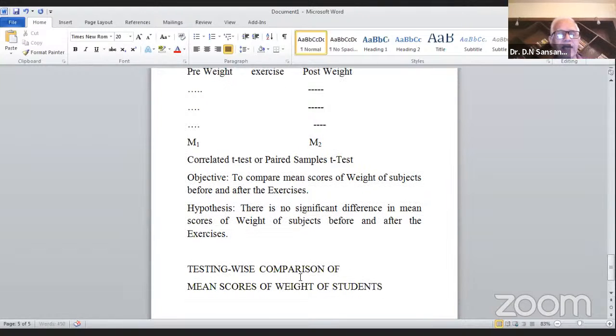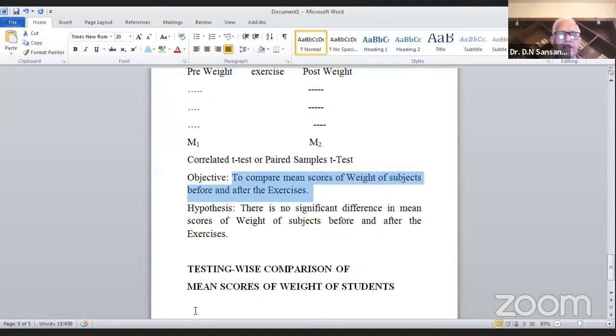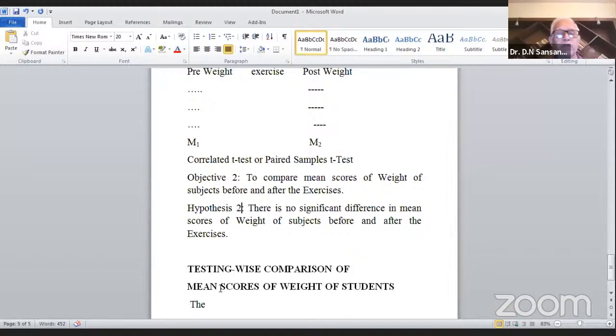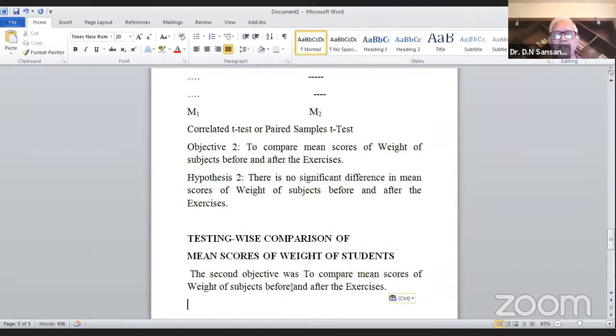Now this is the caption heading, and this I have taken from the objective. So now I can copy and paste. If this is my second objective, this objective is 2 and this hypothesis is 2. The second objective was, it has to be in the past tense, was to compare mean scores of weight of student before and after the exercises. Then you say the data